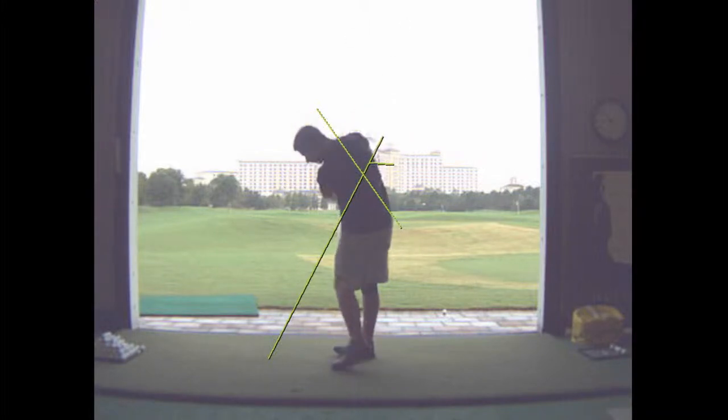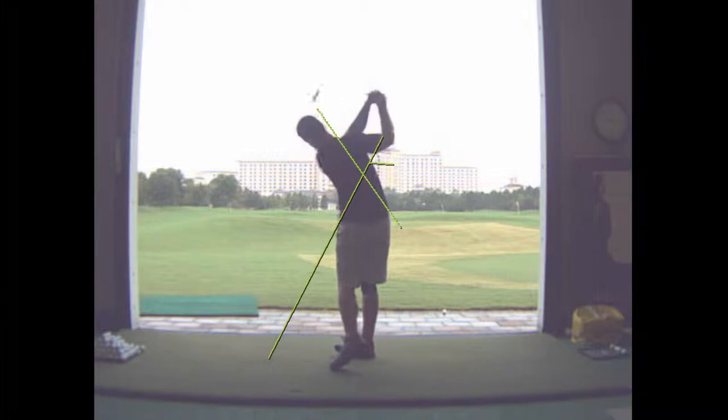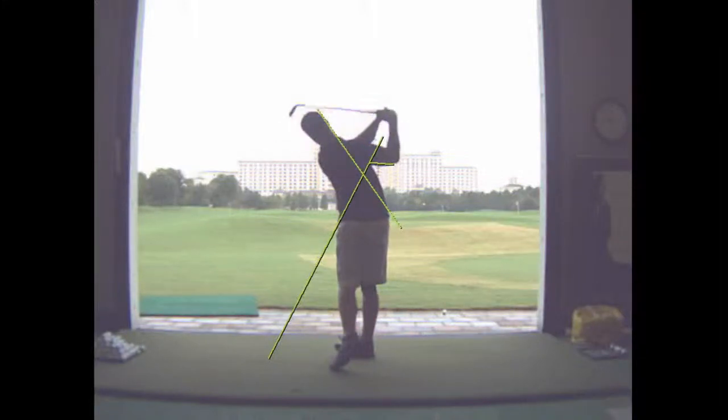If we take you down through the impact zone again, you see how the shaft is coming right down, zeroing out right on its original plane line, and extending through to the target in a very nice path. So the more times that we can get away from the ball right now and trying to do ball striking, and feel these sensations, the better you're going to be able to really start to ingrain your feelings. I'm going to give you one more exercise here that we're going to add to this, and then we'll